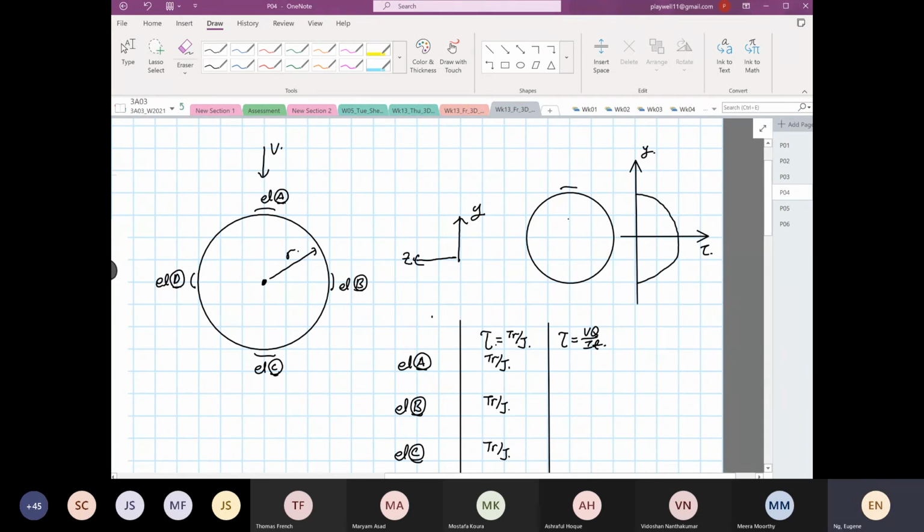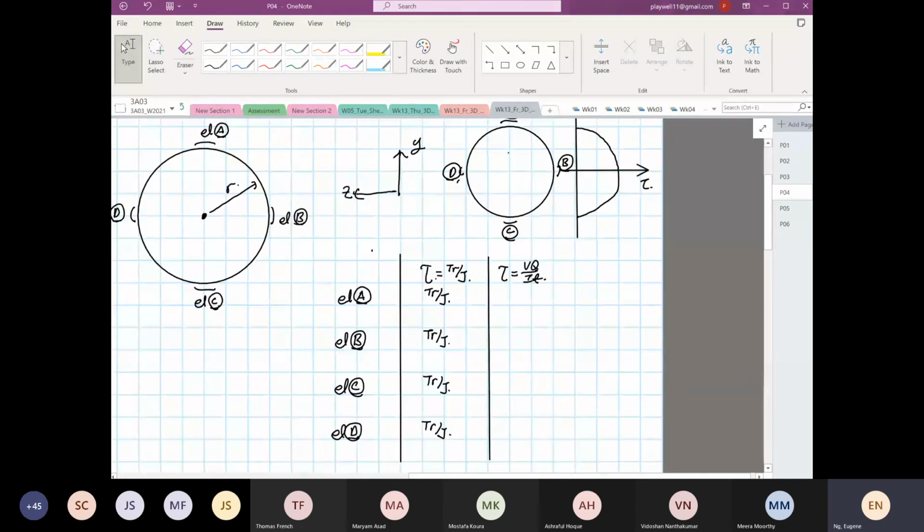Yes or no? So if this is element A, element B, element C, and element D, what will happen? Anyone? So element